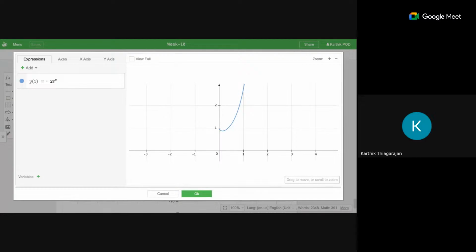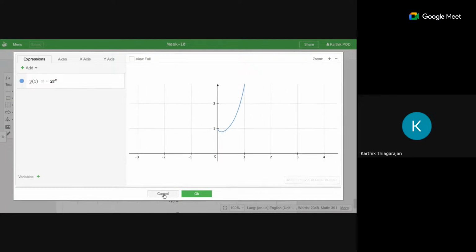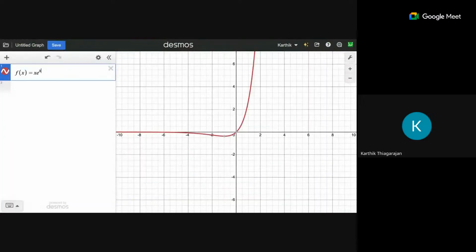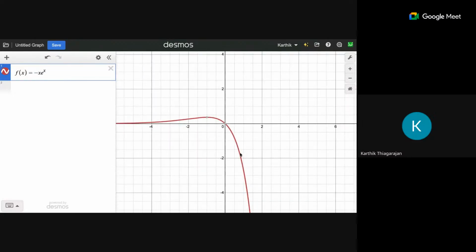Okay, this is malfunctioning, because if you look at Desmos, this is not the case. I think there's something wrong with that. That tool is not working. Yeah, this is minus x e power x, right? So there may be a bug in the program. It's unfortunate, but anyway, I'll copy this